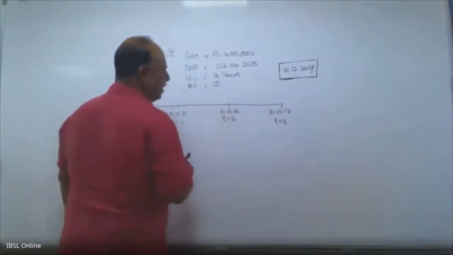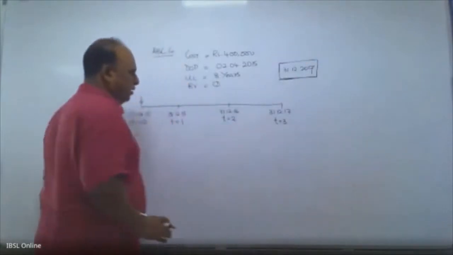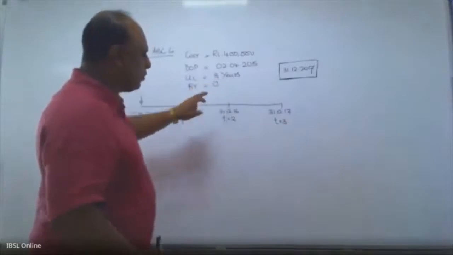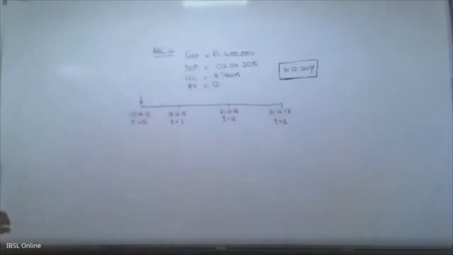Now the question is up to that point. I don't have to worry about beyond that. Theoretically, this asset has a useful life of 8 years. So what will happen? It will go on like this. It will go on like this. Until when? I will take a little bit of time explaining this question because this is the first one that you are doing and we need to understand. So until when will this go on like this?